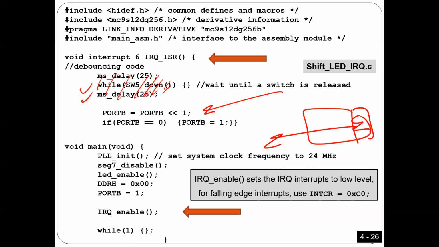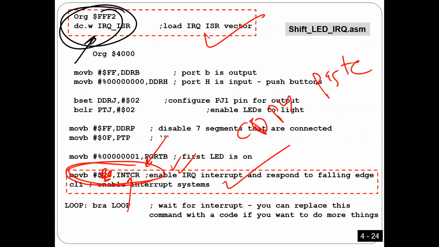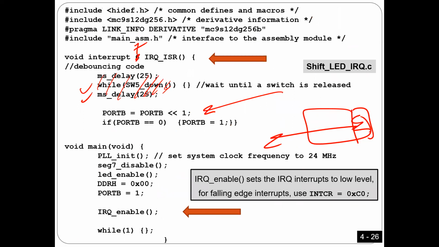So again, the good news is when I explain RTI right now, it's going to be exactly the same thing, but instead of number 6, it's going to be number 7. That's it. Also here, the same thing. I'm going to do this one, but instead of this number, I'm going to put a different number. And instead of initializing this register, I'm going to initialize a different one. You got what I'm saying? So it's almost the same thing, okay? Very close. All of them are close to each other. Any questions? Okay. Now,